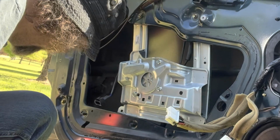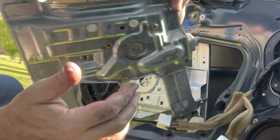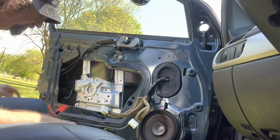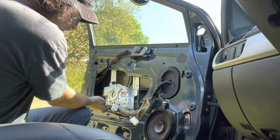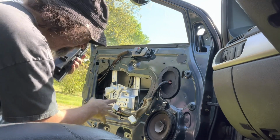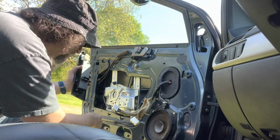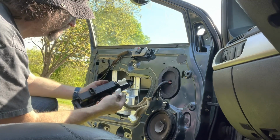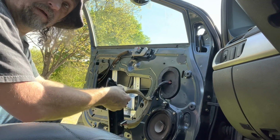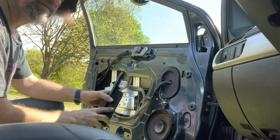So it looks like the new regulator motor has a pigtail on it and the old one did not. That seems weird. All right, now that the stupid thing is in and I finally got this dumb pigtail to plug in. I mean, there's nothing wrong with a pigtail, but you could have made it 3 inches longer so I could have gone under the bottom of the frame. That would have been better, guys. Not happy about that. So far, I'm not super impressed with my own work or anybody else's involved in this